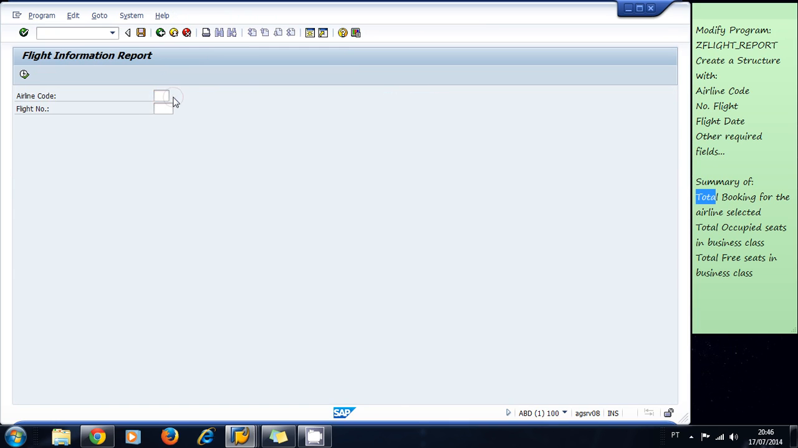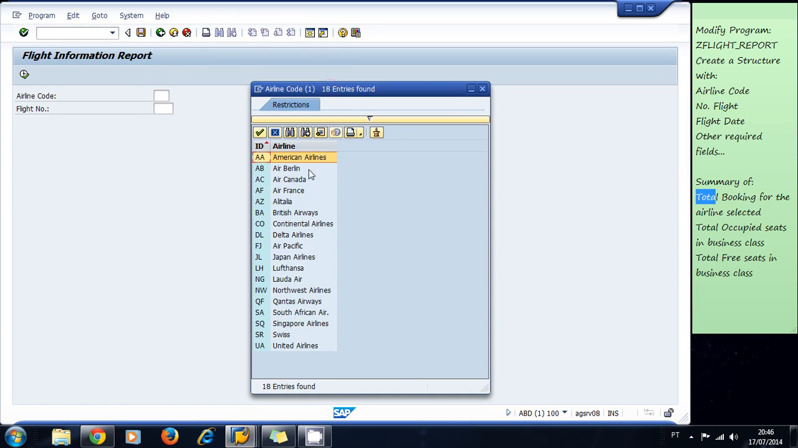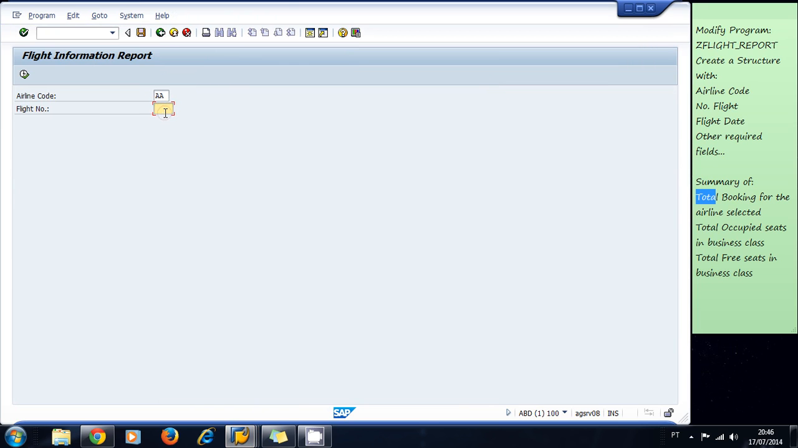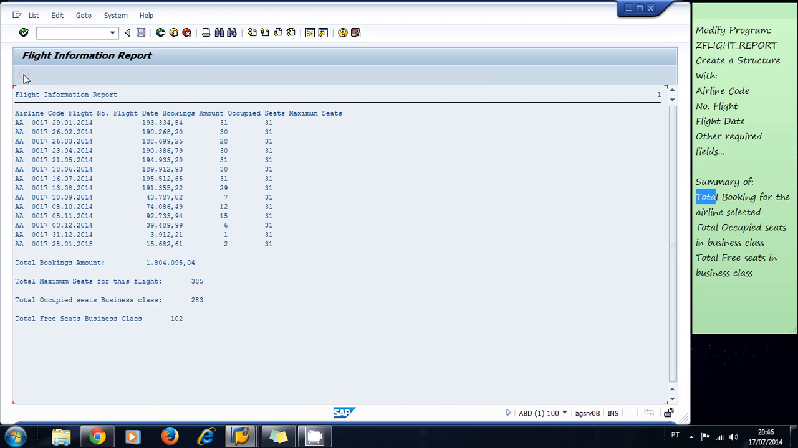So for example, let's select the American Airlines carrier, and we have to input a flight number. You can see the available flight numbers in the table, but I remember one, for example, is 17, and I execute, and I can see the totals. I can see my information, the total bookings amount, and we can see the grand total added. The total maximum seats for this flight is 385, the total occupied seats is 283, and the total free seats